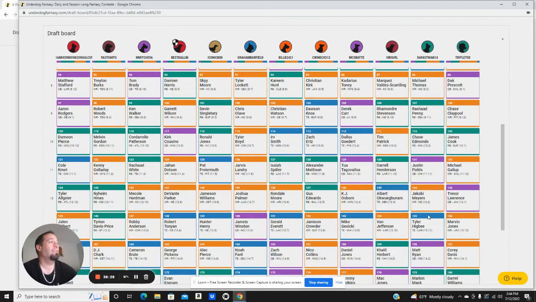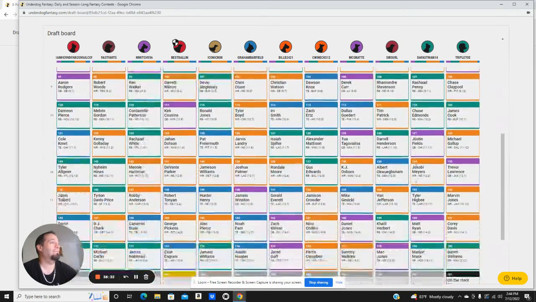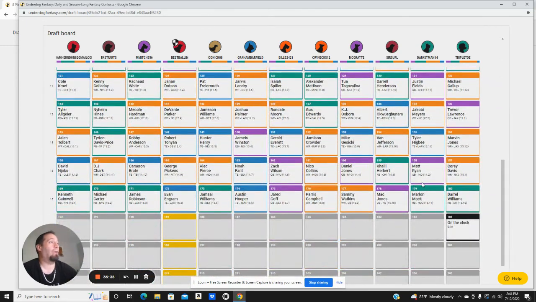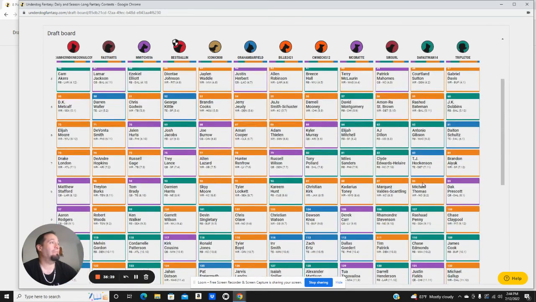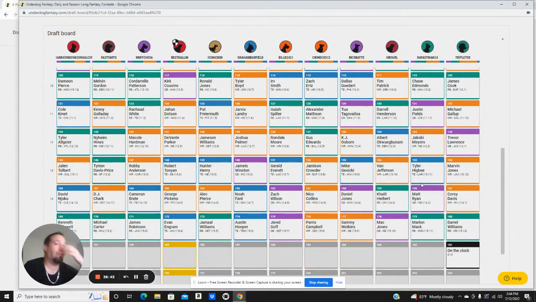Steady ended up with Fields with no stack pieces and Matt Ryan, who has the same bye week as Fields with no stack pieces. I definitely am not a crazy person about the bye weeks where you can't ever take two QBs at the same bye week, but you can't be taking Matt Ryan when you have another QB with that bye week.